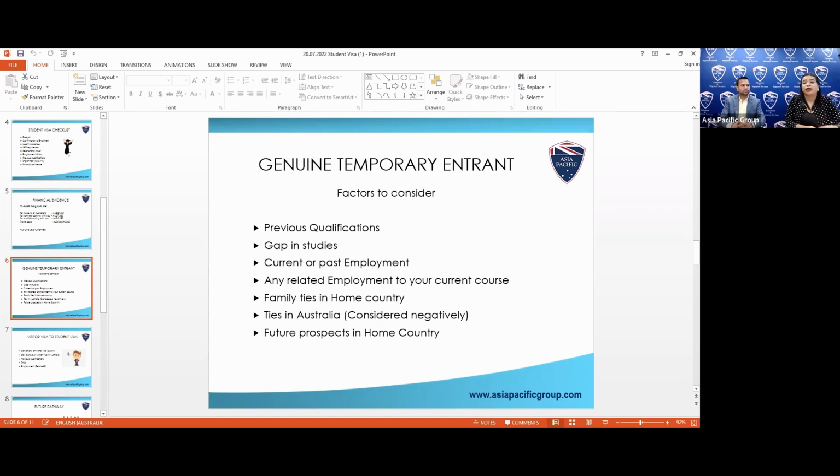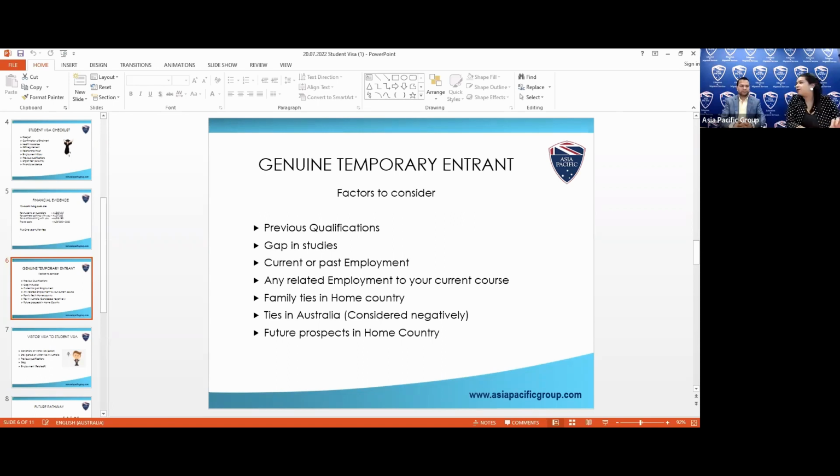It needs, because whatever we are stating, we need facts and figures to support. And it changes from individual to individual. Yes. So there are no certain guidelines to follow. There is so much future prospect in your country that if you complete that qualification, how will that help you to grow in your home country? What will be the benefits of this course? How much increase in your salary can you get? So there are so many facts. And again, the same thing, we need strong documents to support what we are stating.